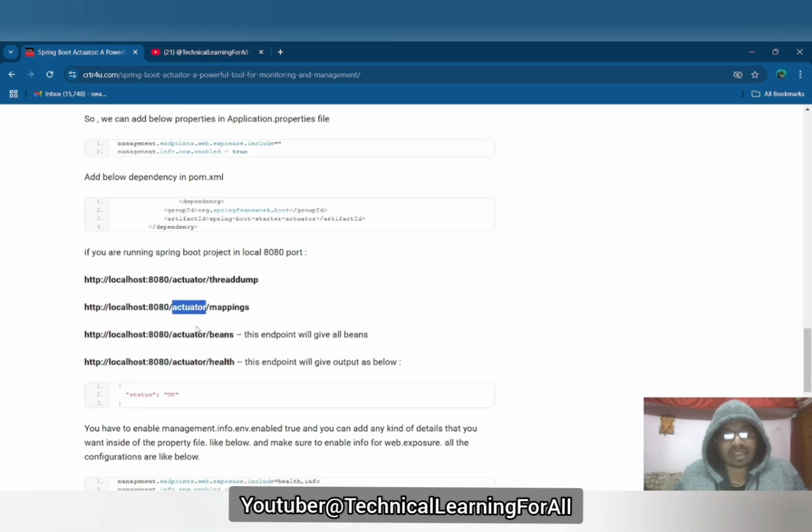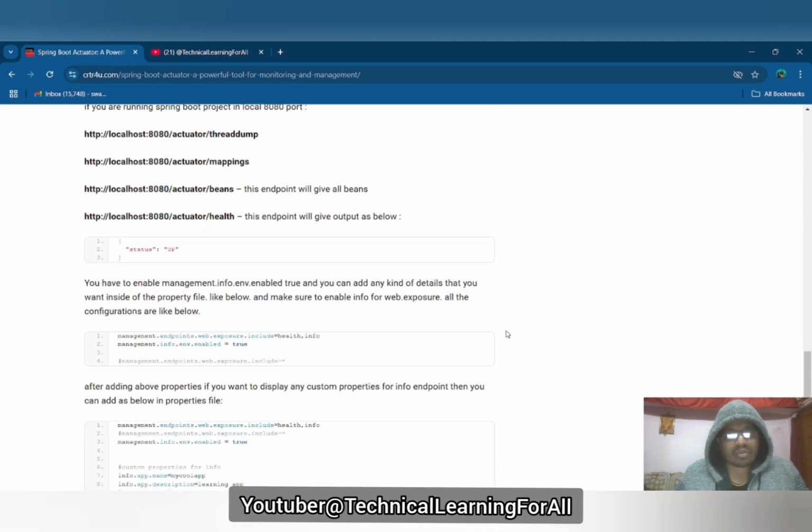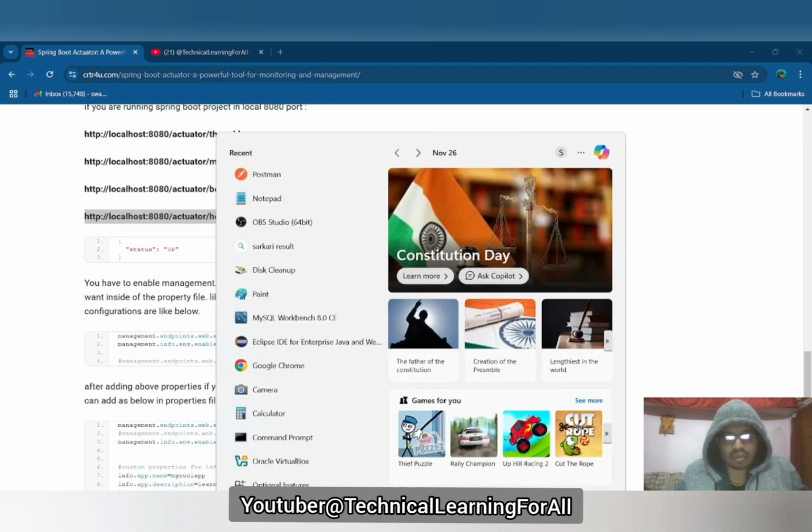For example, if you visit the endpoint called health, it will give the status as UP if the application is running fine. So to get this kind of information we have to add the feature of the actuator inside our project. So let's do it step by step. Let me open the